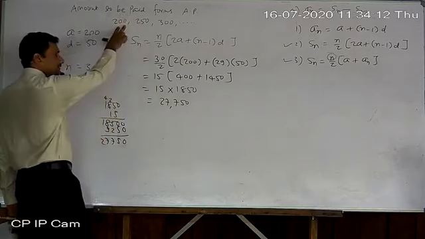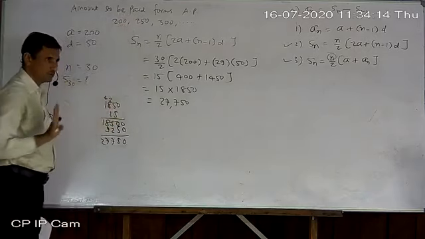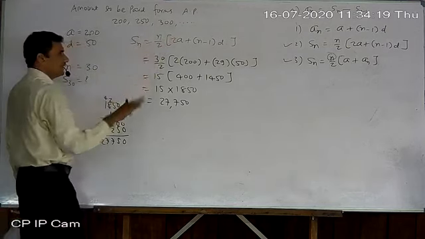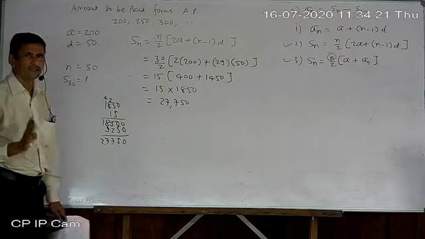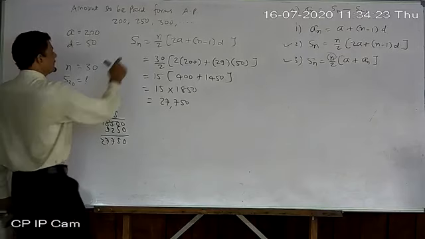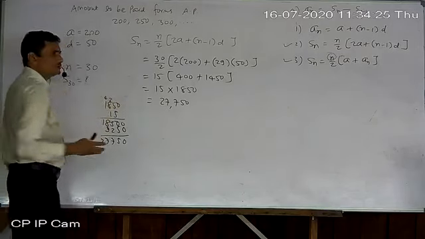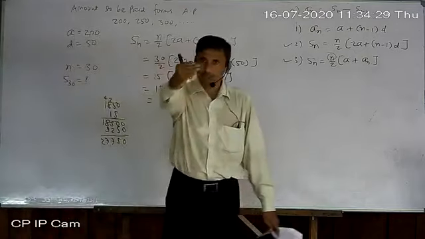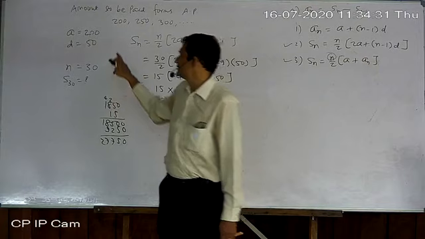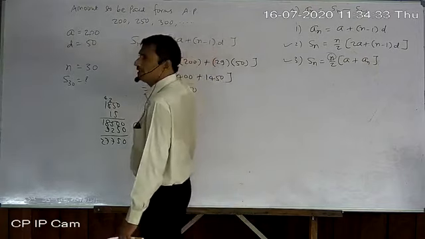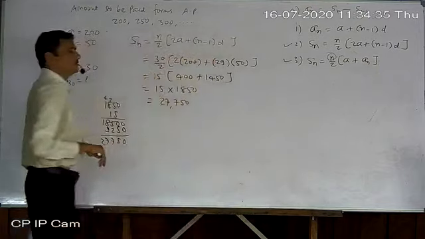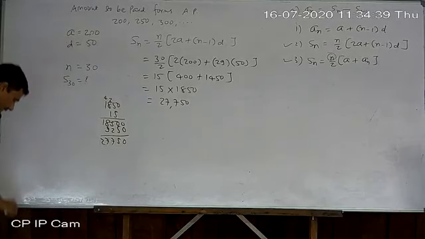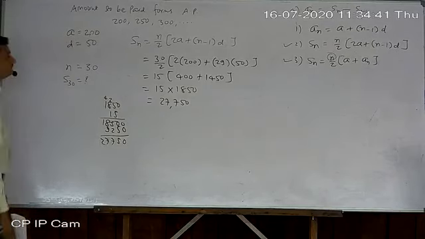You just look. First of all, understand the question. The question is not wrong, the solution is not wrong. Just understand carefully and first of all make the AP. After forming the AP, nothing is new. Okay. Why is Sn found, not An? Because he has to pay the penalty regularly, not on the last day. That's why we found Sn here. If you read and understand clearly, it is given there very clearly.